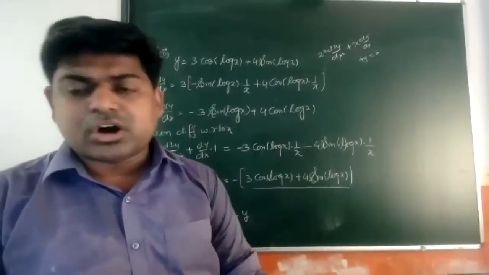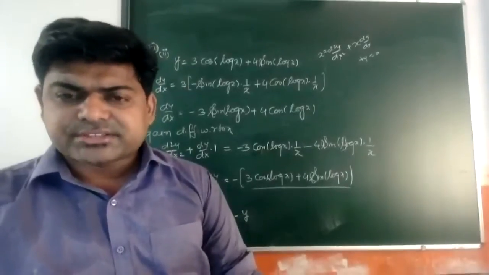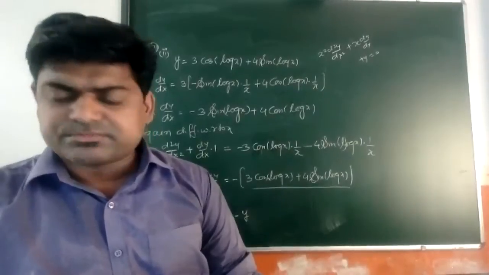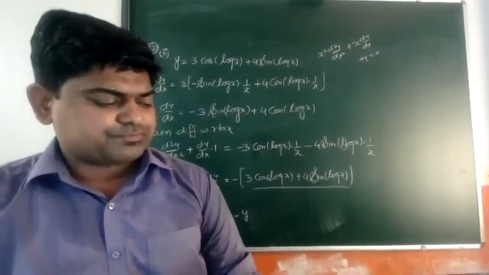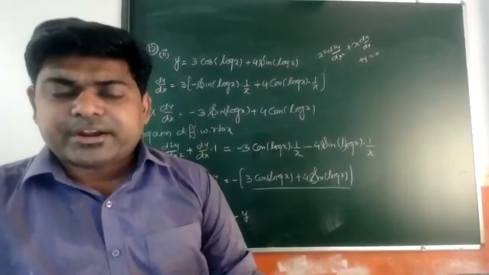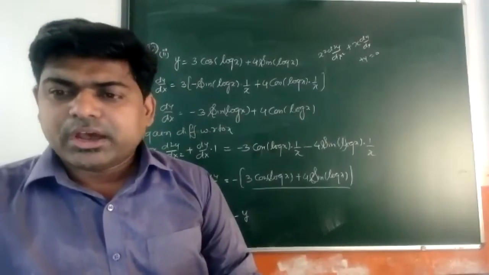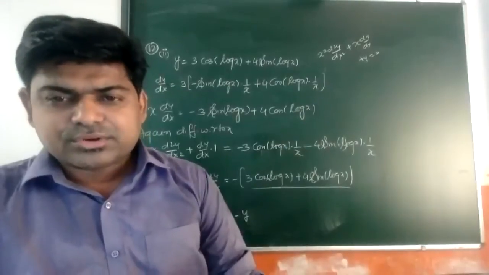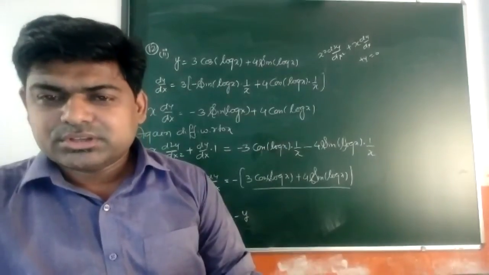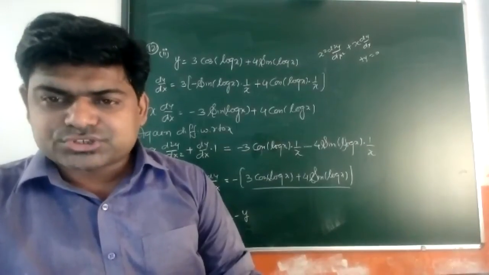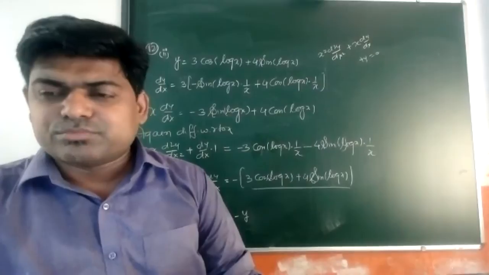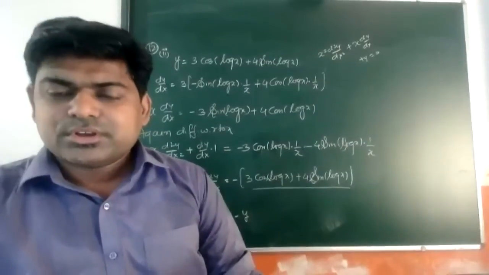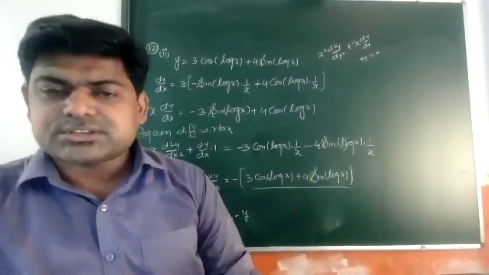Question number 12, can you do or not? y is equal to x cos x is given, and I have to find x square d2y by dx square minus 2x dy by dx plus (2 plus x square) y equal to 0. What I have to do, first of all, we will find dy by dx by the product rule, and we will get something. Then again we will do the same thing for d2y by dx square. But I am thinking you can do it. Yes. Can I move to the next question? Once again, I am reminding you people, when you solve this question, what I am leaving for you, and if there are any difficulties, next class you may discuss.